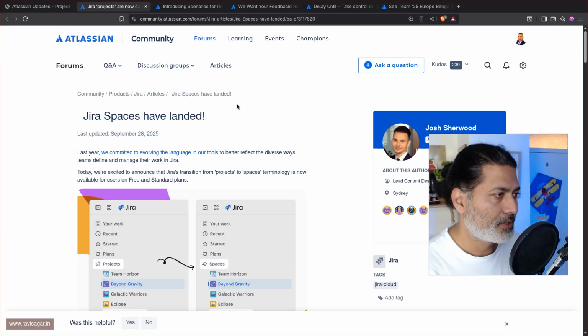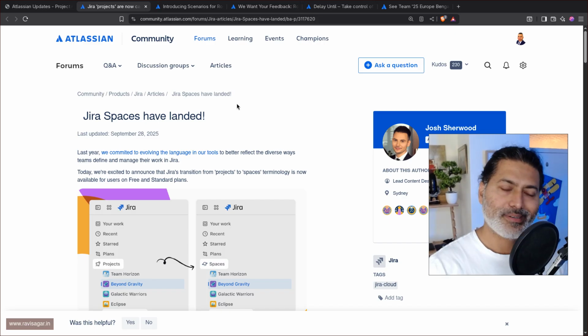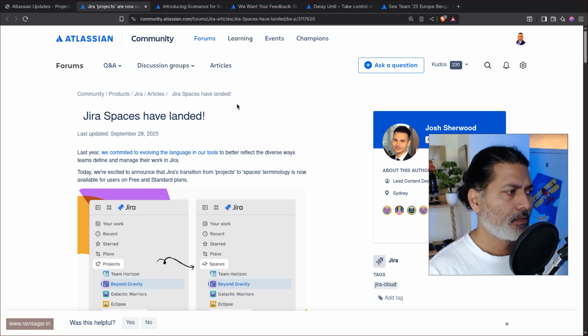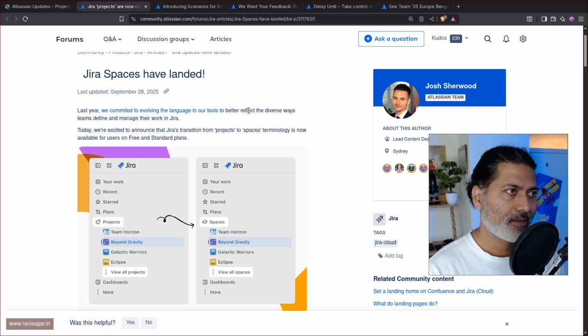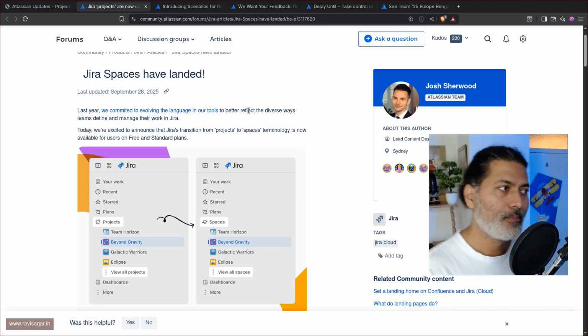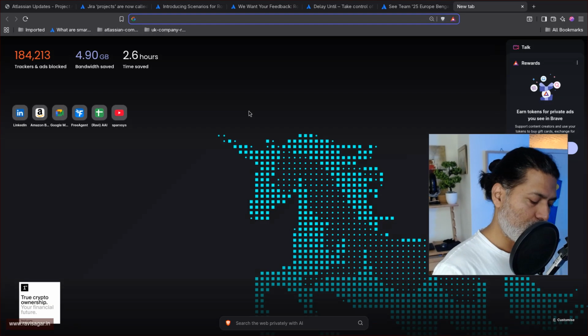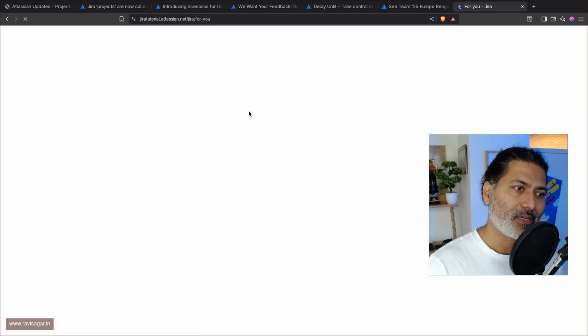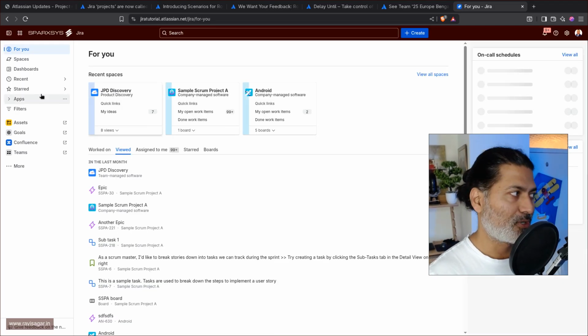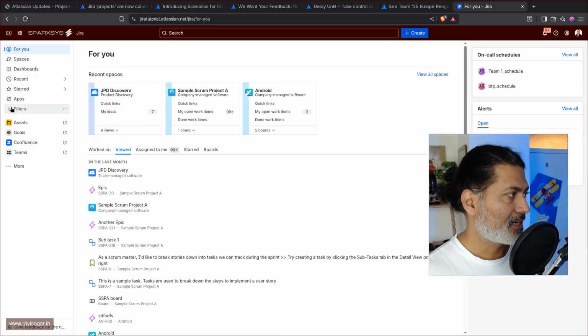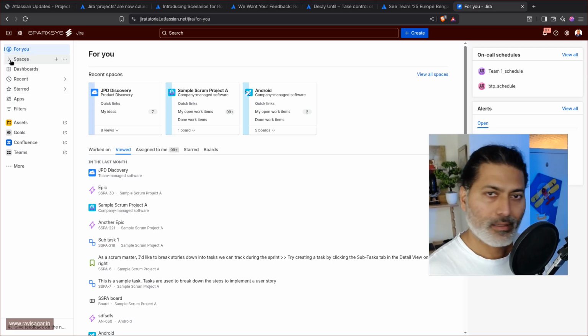Now the first update is about Jira projects. Now we all know that Atlassian announced, I think a few months back, that projects will be renamed to Spaces. So we don't have any project anymore in Jira, and this change will start appearing. So if you go to your Jira instance, you might already be seeing something called a space, not a project. In my case, if I take a look here, you can see it says Spaces on the left hand side, right,